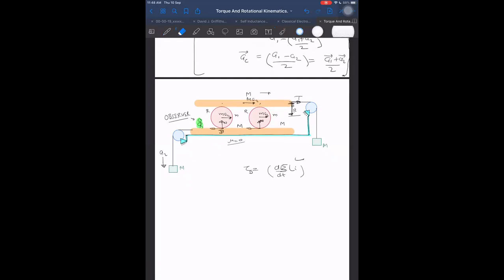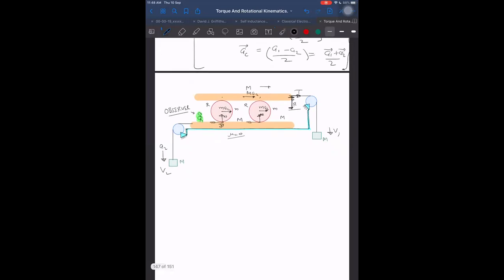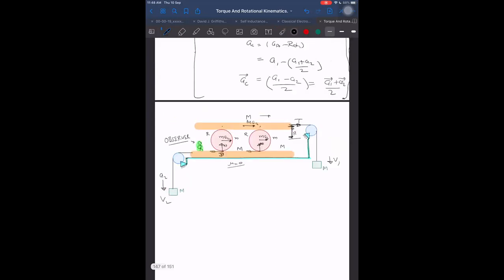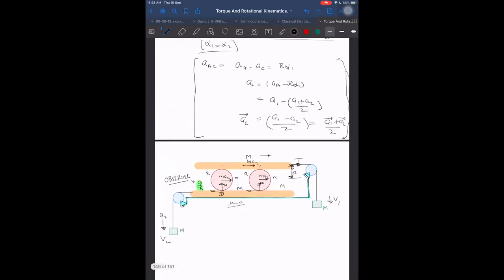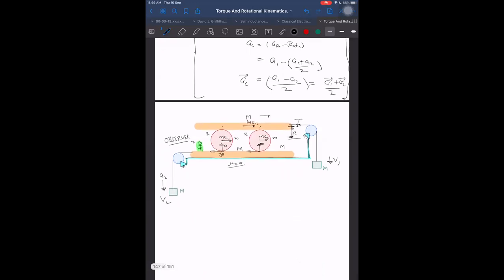I'm thinking that if I want to avoid all this stuff, then why don't I take just velocities? But there will be more unknowns again. V2, V1. How many unknowns? One velocity will be V2, one velocity will be V1. Other than that, angular velocity is the only unknown. So angular velocity is already known in terms of V1, V2. So there are two unknowns actually, and I have to write one equation. Then I think, can we get any answer from that or not? Yes, I can get it, I think so.